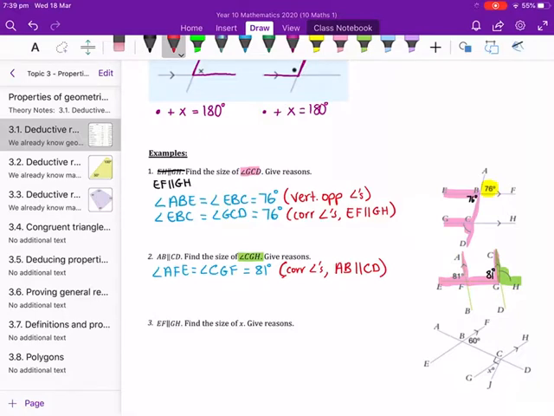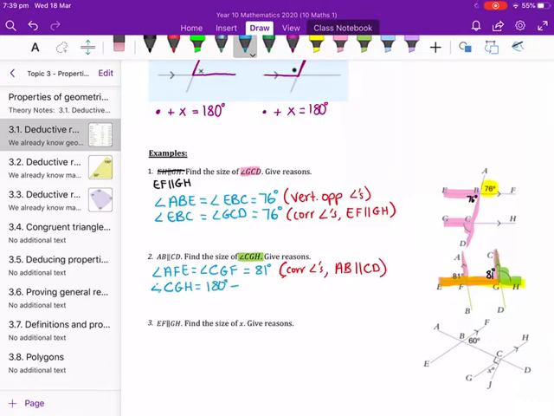So now that we know the angle CGF, we can use what we know to solve what angle CGH equals. So if I was to go along our transversal, we can see that it's a straight line. And because it's a straight line, our angle FGC and angle CGH are going to add to 180 degrees. So these are adjacent supplementary angles. So in order to find our angle that we're trying to find, which is angle CGH,